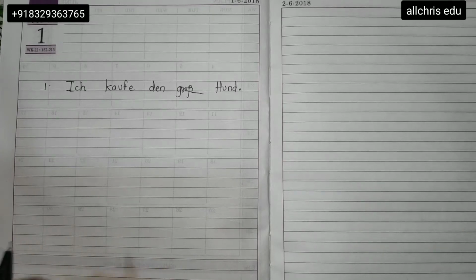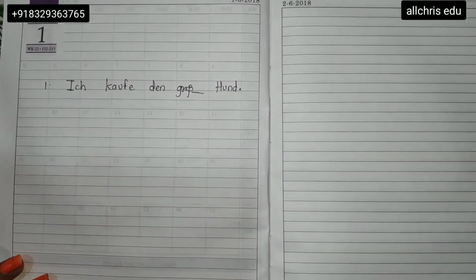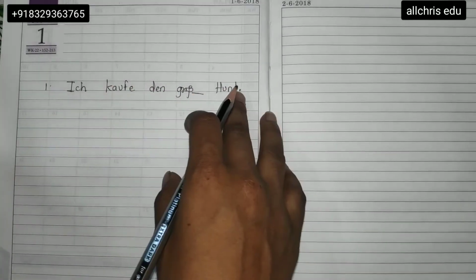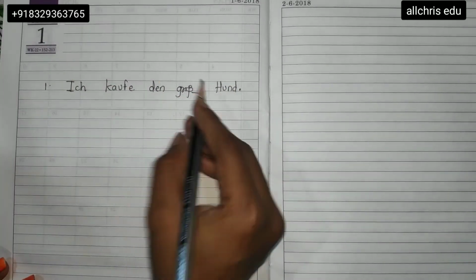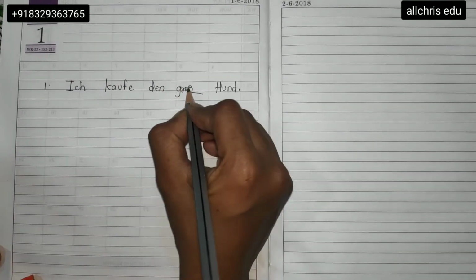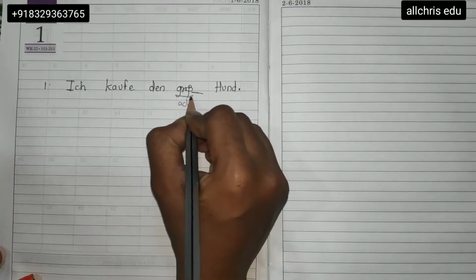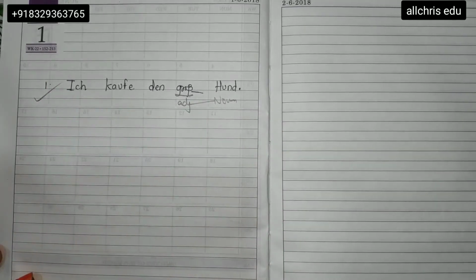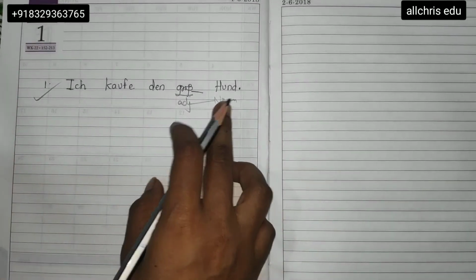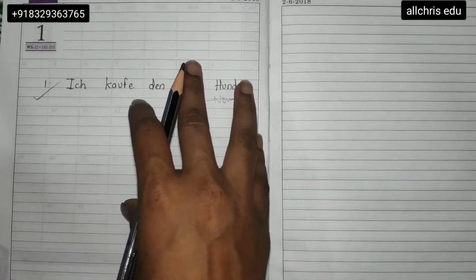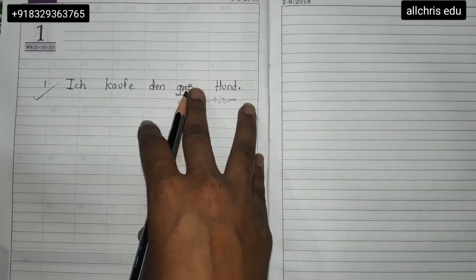For solving it, it is very necessary that my pencil is with me. Assume this is with the blue color pen. Rough work should be done with the pencil only. Blue and pencil should be used. Your adjective is there. After adjective, a noun is there for sure. So I can put here the adjective endungen rule application. This is your main target, that after adjective a noun should be there. Of course I can put here the application of whatever I learnt in adjective endungen.